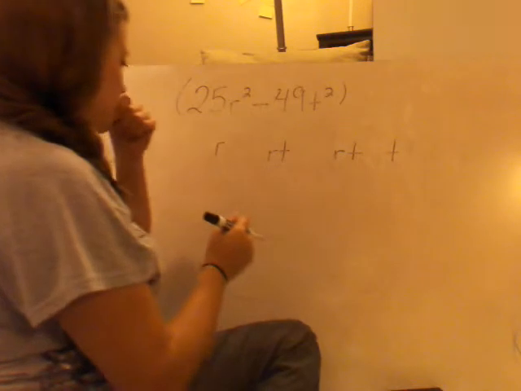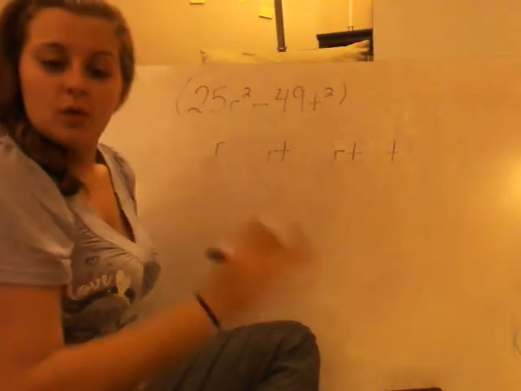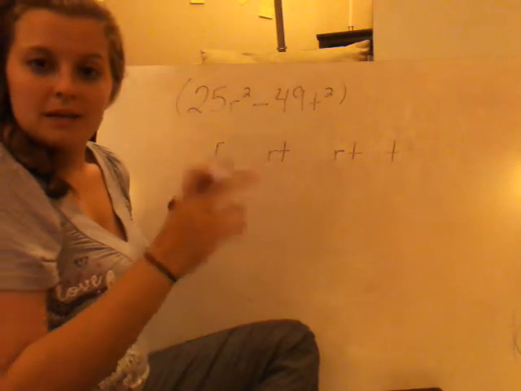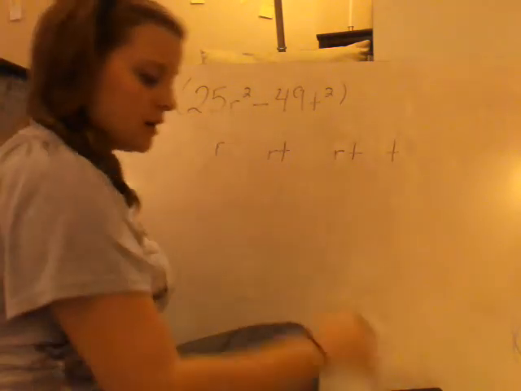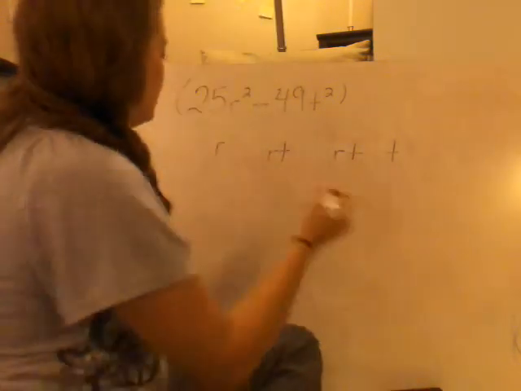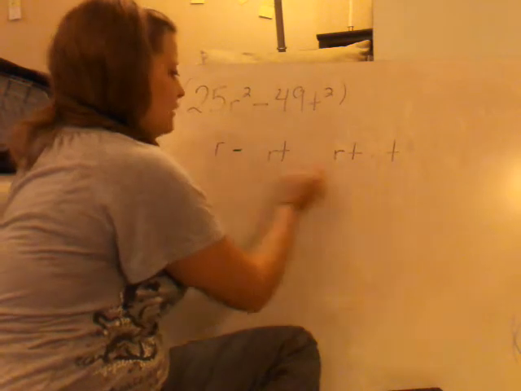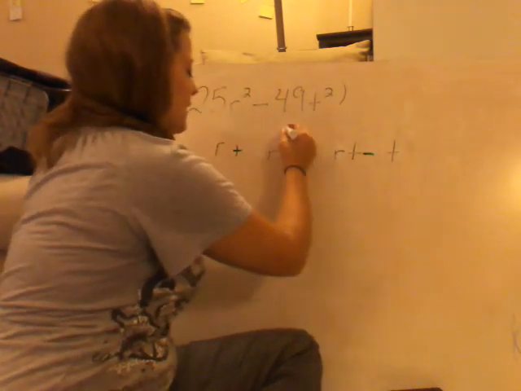Okay, that's it. Now, looking at my sign, difference of squares means I'm going to have one plus and one minus, because that's what it takes to get those middle coefficients to go away. So I already know, in a different color, that this is going to be a plus, and this is, wait, that's not a plus, and this is going to be a minus. And I can put these